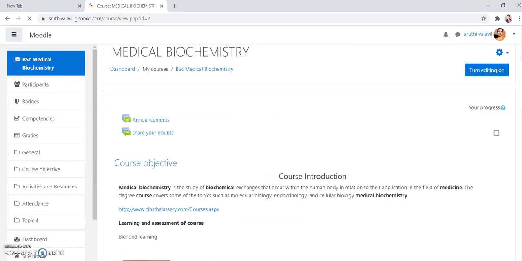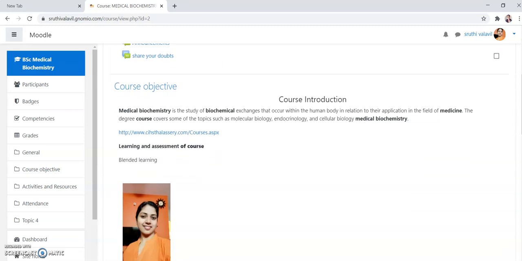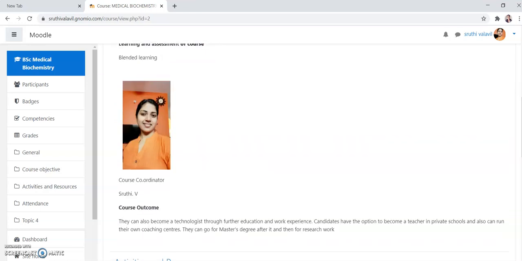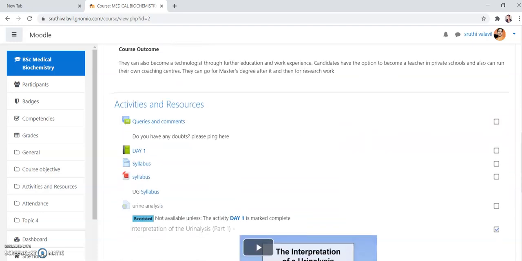Here on this page, you can see some introduction, that is, an introduction about your course. Then your mentors, who are going to give you the lectures. Then you can see some activities and resources which you are going to attend in this academic year, your syllabus.